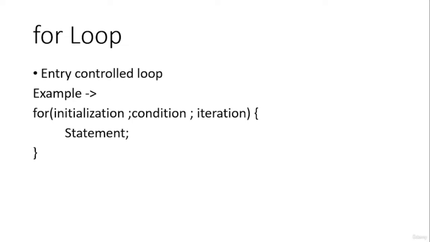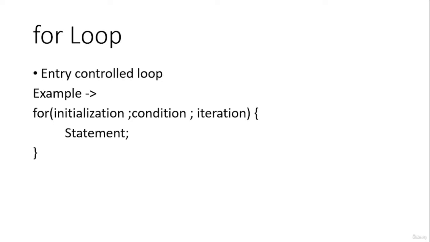In the syntax of the for loop, you can see it starts with the initialization followed by a semicolon. Initialization is the part where we declare our local variable which is used for the iteration, followed by the condition expression. Condition means when we want to terminate our iteration. For example, a condition like i less than or equal to length. When the length of the iterating array list or array reaches the limit, then we want to terminate it,